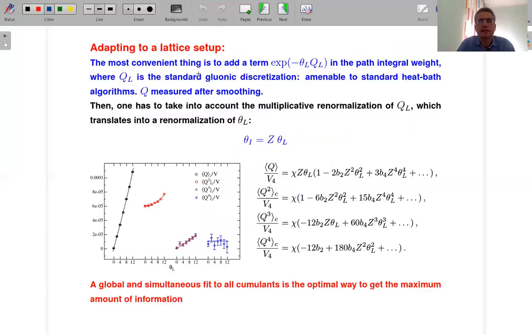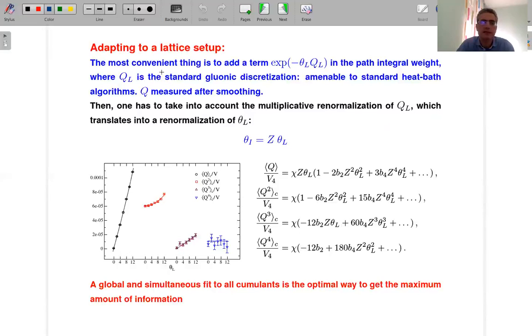Now, if you want to put this strategy on the lattice, then you need to add an exponential of minus theta_L times Q_L in the path integral weight. Now the point is, what is the choice for this topological charge Q_L? We discussed that there are several possible choices, but now you have to face the problem that this definition of topological charge enters directly in your simulation. So it's not just an observable now, but you have to take care of it in your Monte Carlo simulation. So you would like to have the simplest possible definition. Otherwise, it will be a nightmare to adapt the algorithm and include this weight in the simulation. And the most elementary definition is the standard gluonic definition with no cooling, no smoothing, which